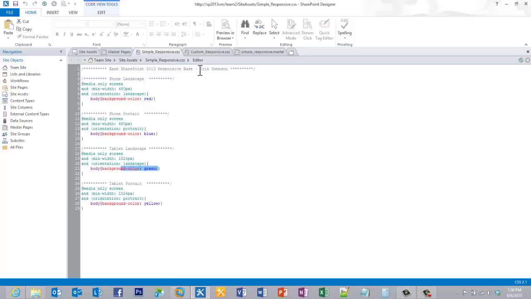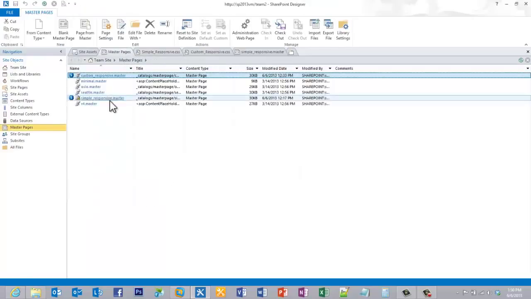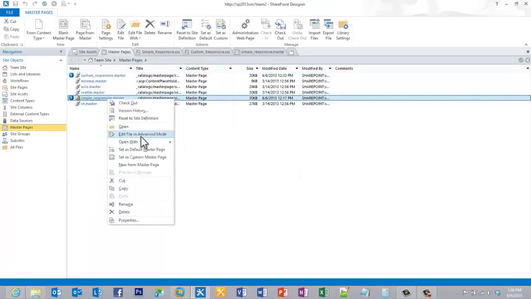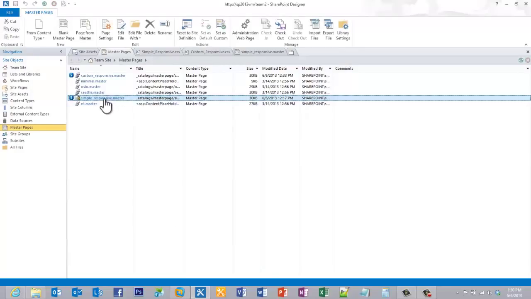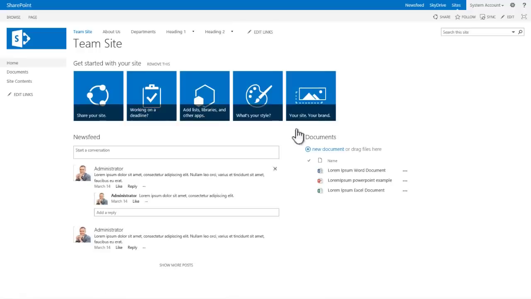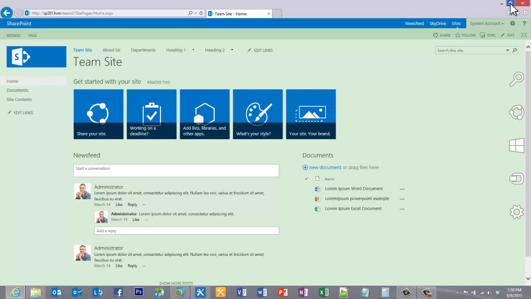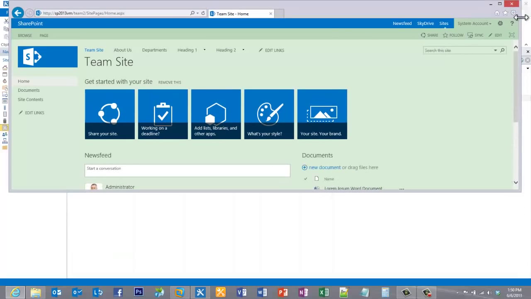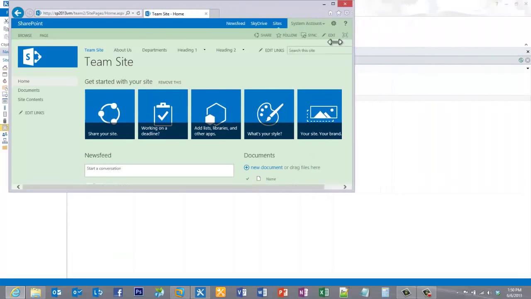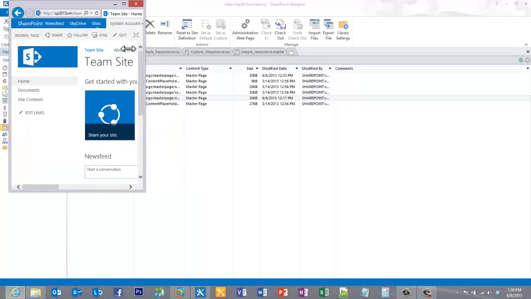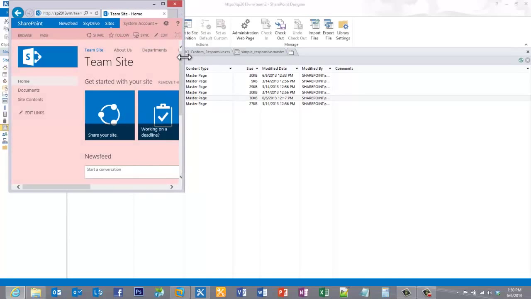So what we need to do here is actually go into my master pages and enable this as a default master page and as the custom one. So when we do a refresh here, you'll see that now my site is green. And if I reduce the size here, all right, so basically once it hits